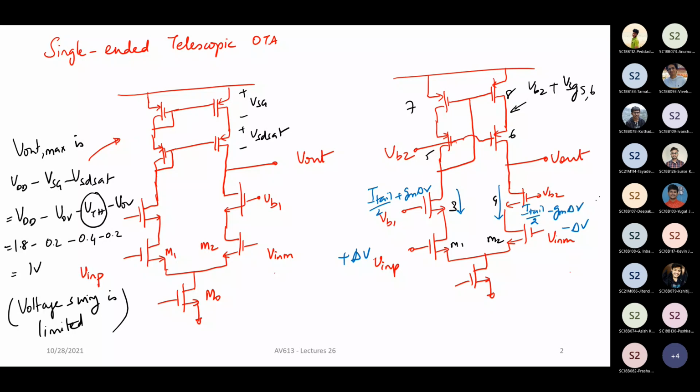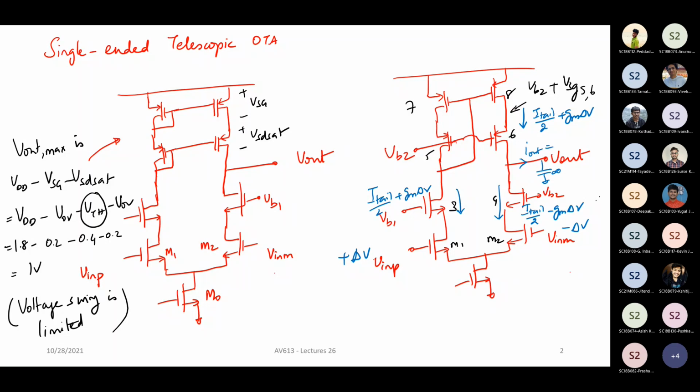Correct. Now, what is the action of this current mirror? Irrespective of which type of current mirror you use, the job of the current mirror is to copy the current from one side to the other side. So what will be the current that is flowing this side? It will be I tail by 2 plus GM delta V, because it is going to copy the current on the left hand side to the right hand side. So let us say you put a large capacitor so that it's open at DC and a short at AC. So you find out the effective total I out.